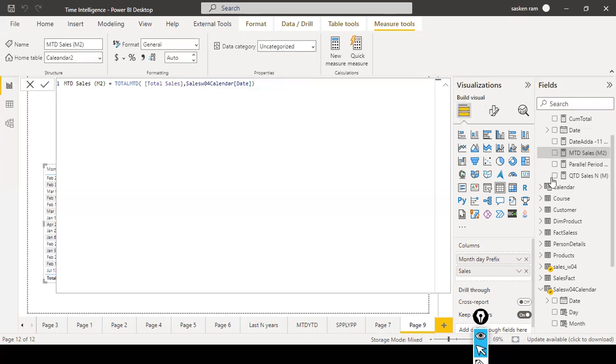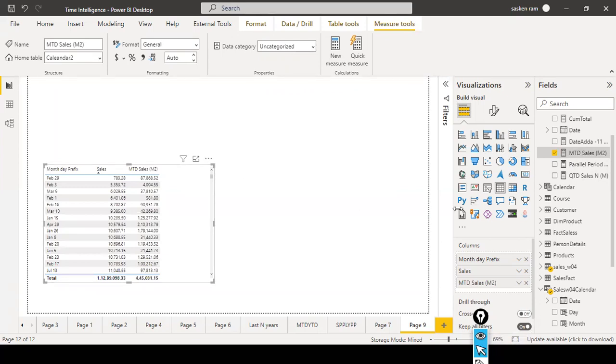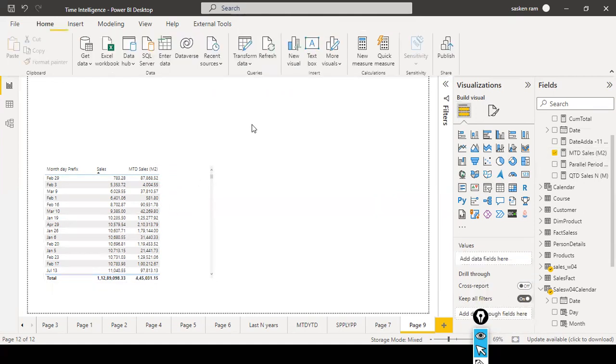And then I'm going to select this one. So now we don't have any error. And I just close this one. Let's see what is happening here. I just selected it here. Look here, month to date sales, we got it, right? Month to date sales, it is displaying it, but it is confusing, right? So what we will do is,